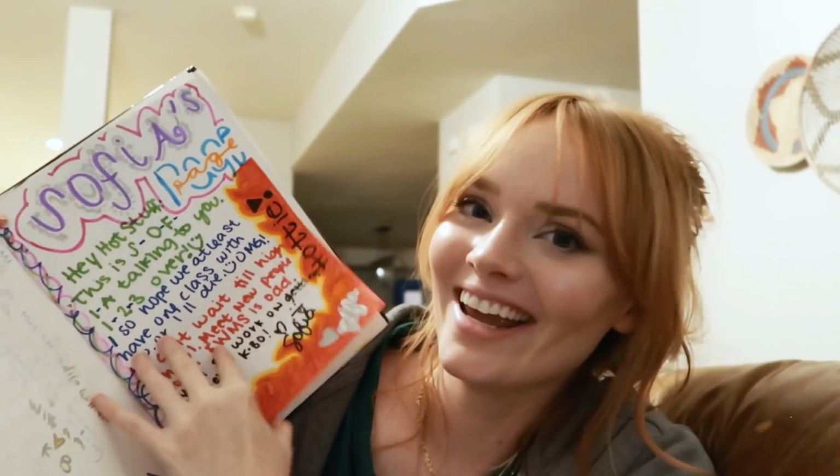Middle school, I went to McCamey Middle School, and as you can tell, this is thicker than the last one. This was when I was in 8th grade, so it was my last year of middle school. I feel like by this time I was pretty confident in my friends, and I had a best friend named Sophia, and she wrote on literally every page of my yearbook, which is just so cute. So she wrote here and here and here